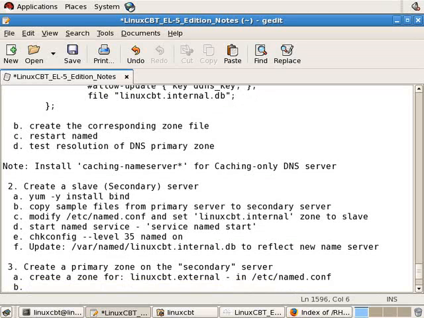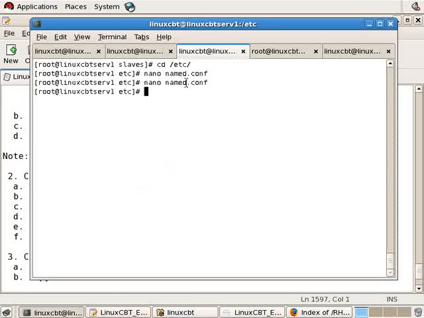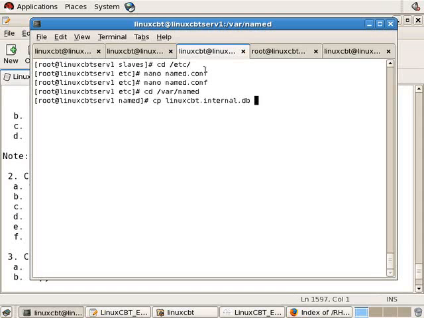Second step, copy/create the linuxcbt.external.db zone file. So you can create it from scratch, or copy and paste items off the web, or from your existing DNS servers, or just copy an existing file. So on this server we'll copy linuxcbt.internal.db. This came over from the original copy to external. We'll then modify the external file